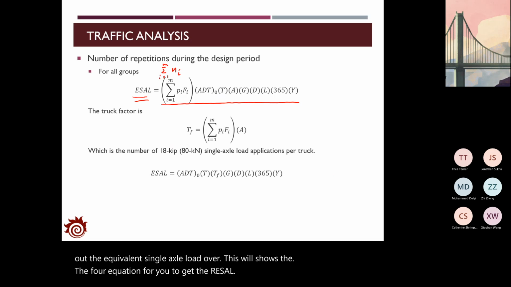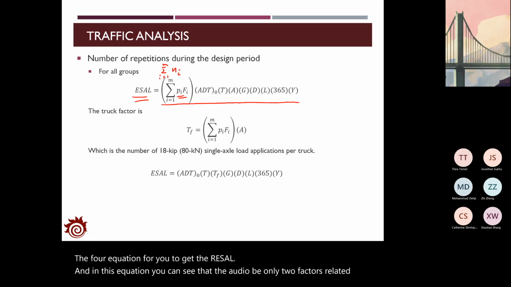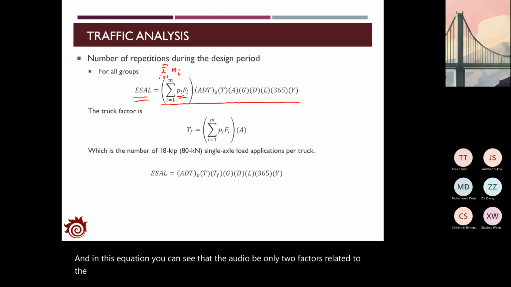And in this equation, you can see there are only two factors related to the group, and that will be Pi, the percentage of this group, and Fi, the equivalent axle load factor for the ith group. And if you summarize them together,